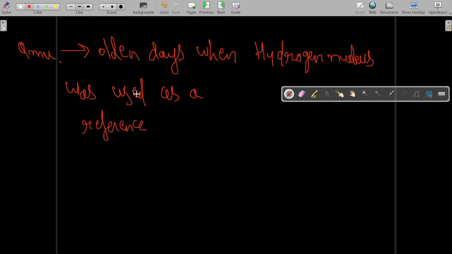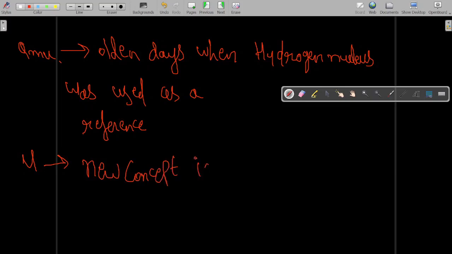When the hydrogen nucleus was used as a reference in olden days, at that time the atomic mass unit was used. But unified mass U is a new concept